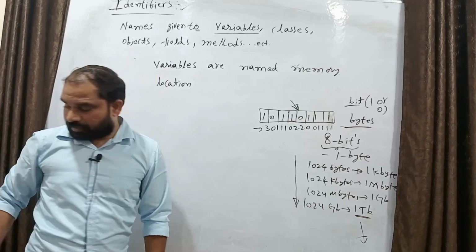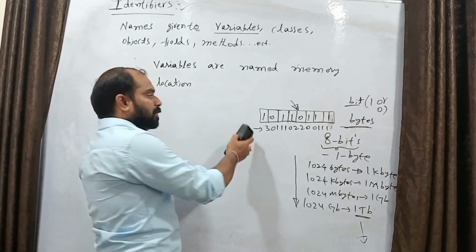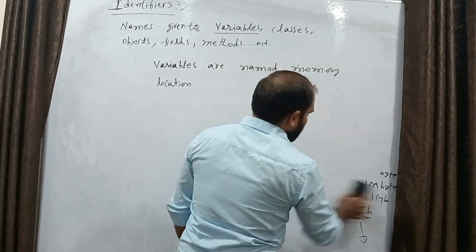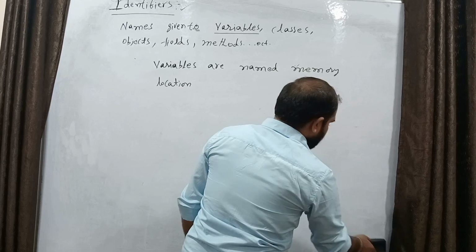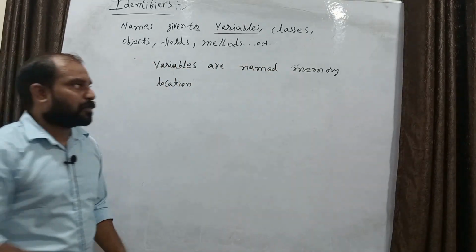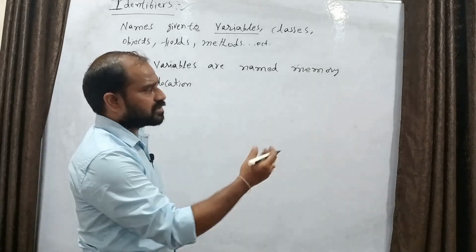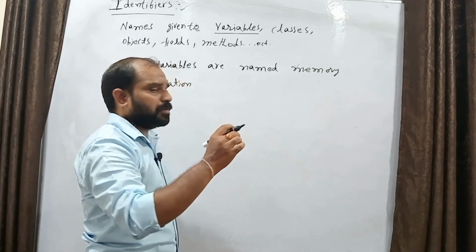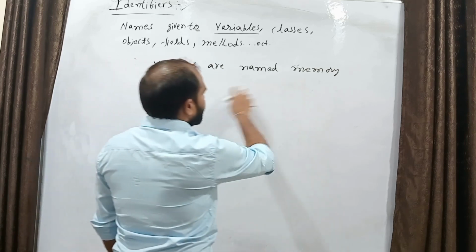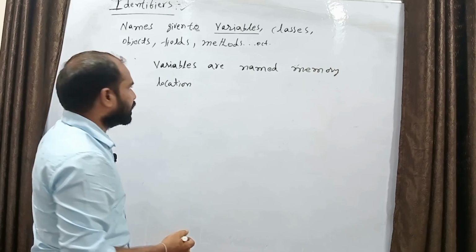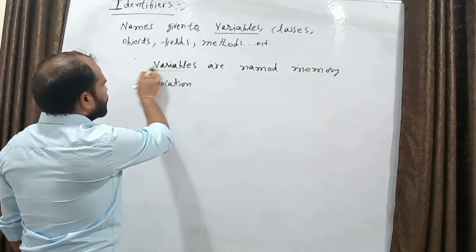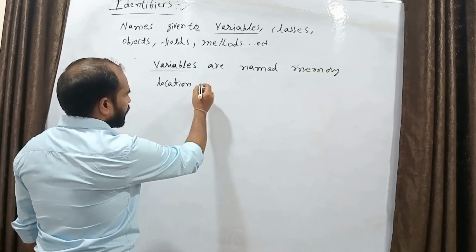So here, allocating memory will be taken care of by one component in the CLR, which is the memory manager. The memory manager deals with this kind of memory allocation. Wherever data is going to be stored in memory, it will be stored in some particular address location. That address location is called a memory location. This variable is going to point to that address location. So simply, we can say variables are named memory locations